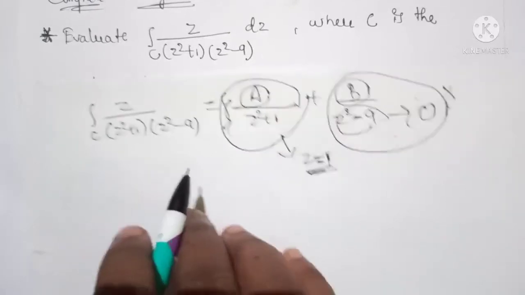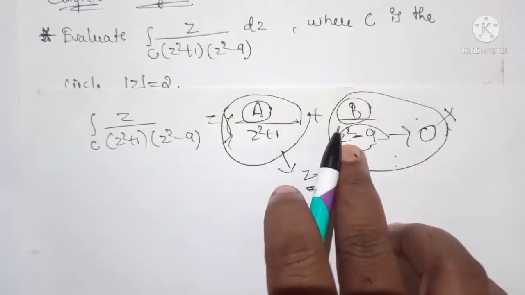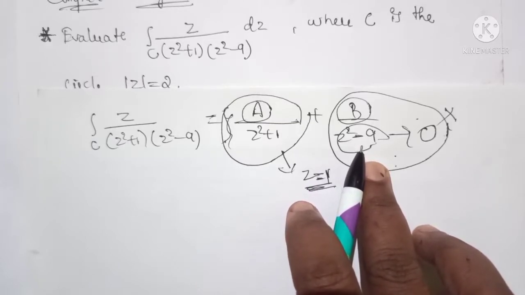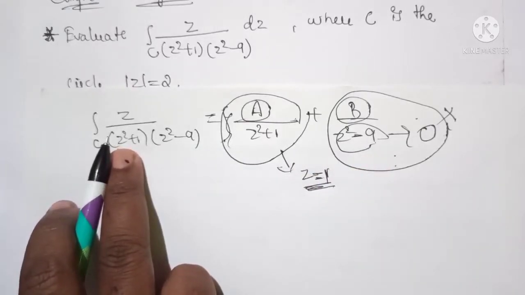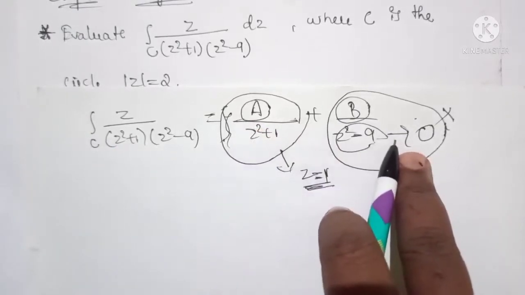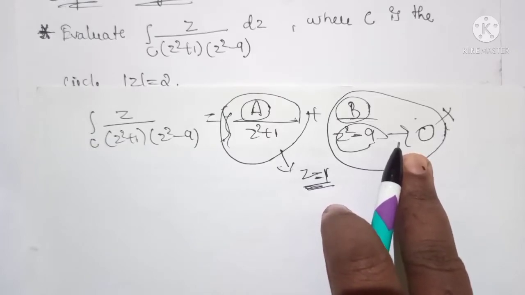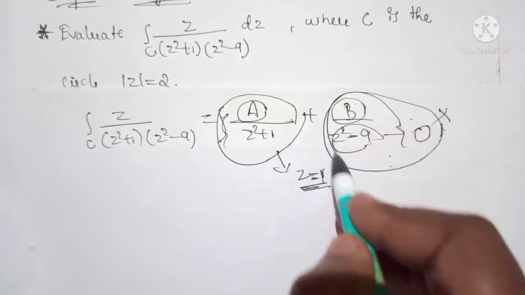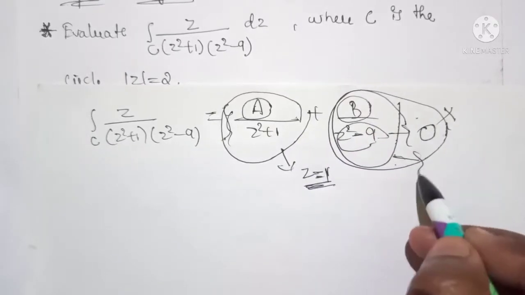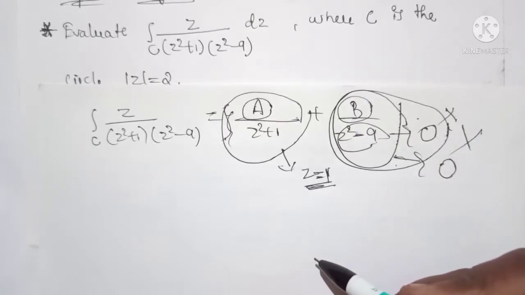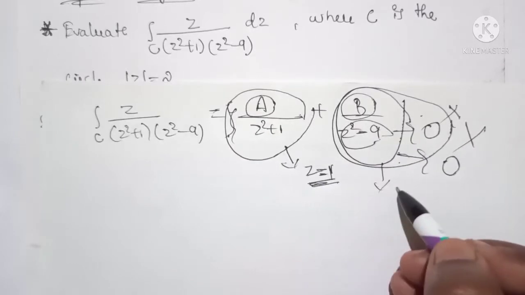So instead of reducing into partial fractions, we directly use a tricky method. Okay, if you reduce, you will get the a value and b value, and that would be lengthy. Even if you find the a and b values, you still have to substitute this integral equals 0. So therefore we don't go for this method, because at the point z equals 3 this one of the integrals becomes 0.